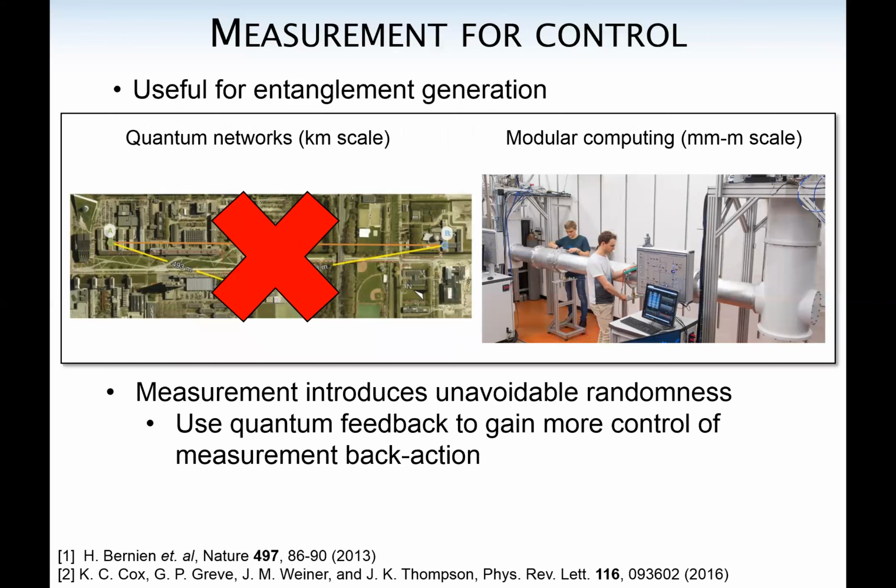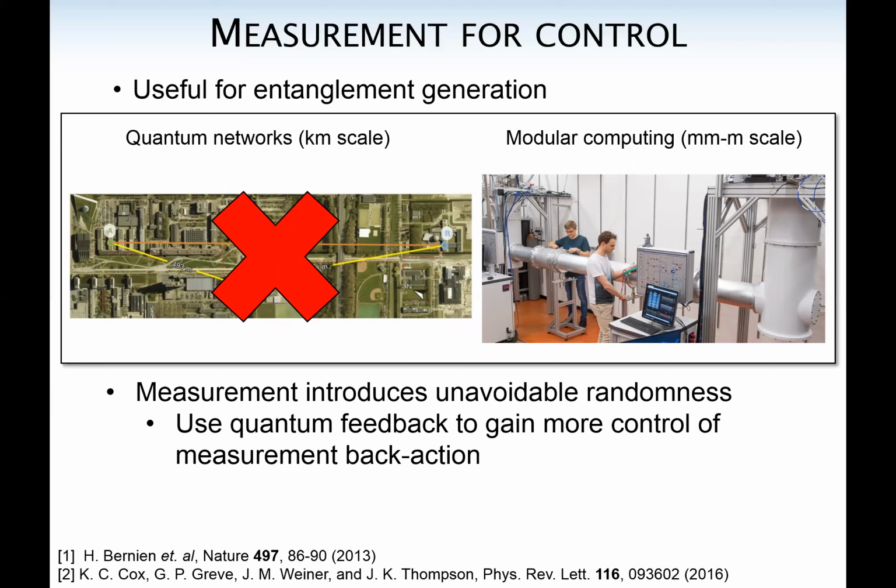So an important caveat in the beginning is that because I'm talking about doing feedback during a measurement, for an atomic quantum system, this would actually be doing feedback during the spontaneous emission lifetime. This is going to be completely irrelevant for a lot of quantum networking applications where you're talking about interfacing qubits that are kilometers away. Though there are a couple important exceptions to this that I'll mention toward the end.